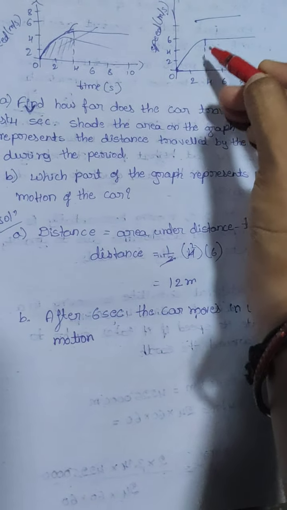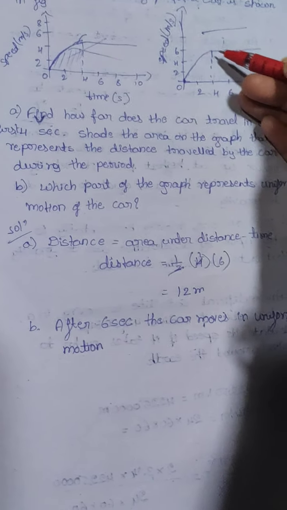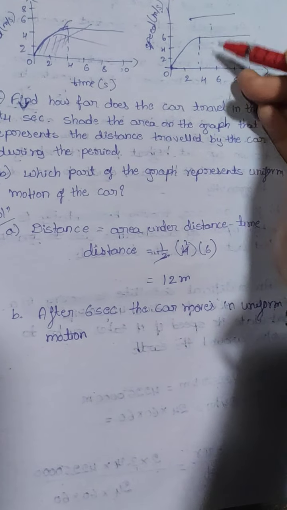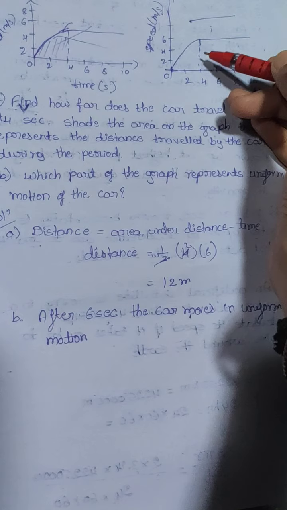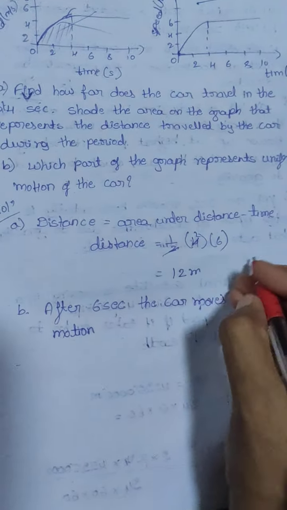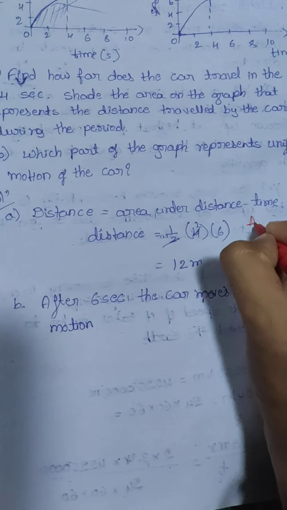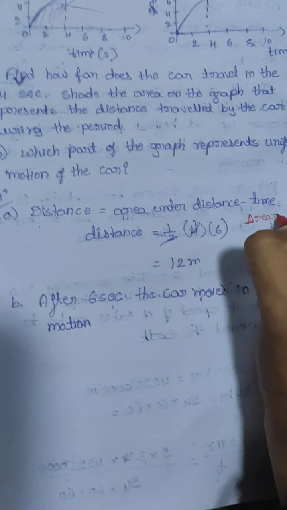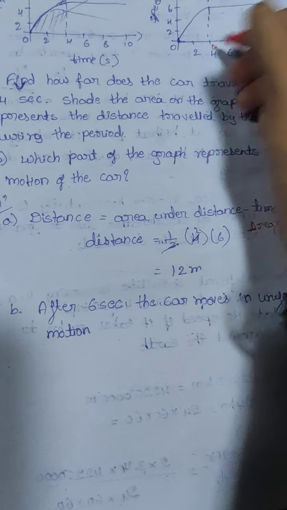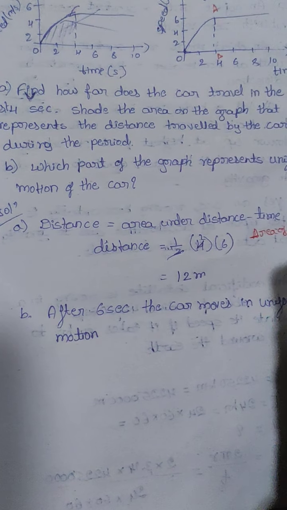So here they told 4 seconds, no? So for that 4 seconds we have to observe this and we will get one triangle. With the help of the formula half into base into height, you can write the area of a triangle. What is the triangle? O is there, here A is there, you can write B. Area of the triangle AOB.